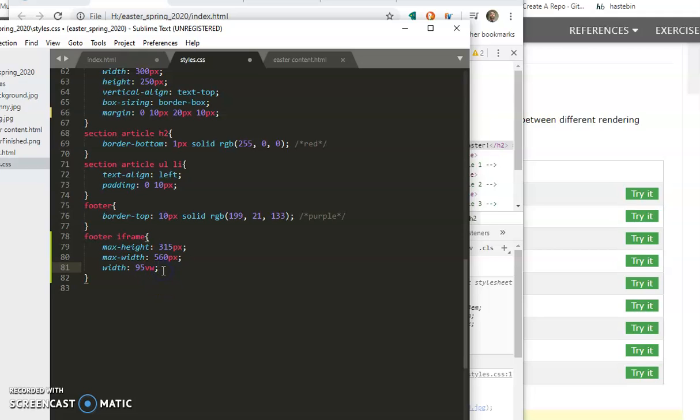And then we want to do the same thing with the height. Now if we made that 95 VW be a square, so we're going to make this, let's make it 65 VW. So it's the same width, but it's going to be shorter, so it'll be wider than it is tall. So let's put a semicolon there. Now, if we want to take a look at those widths, we can take a look at